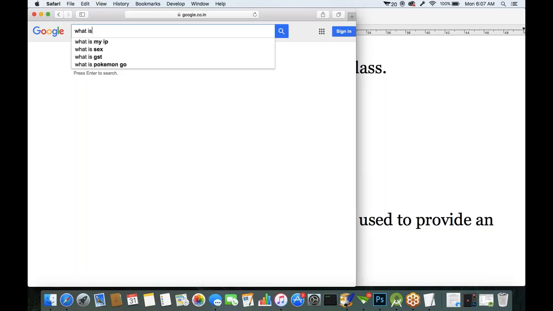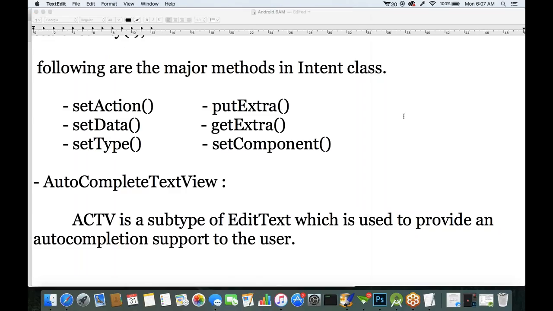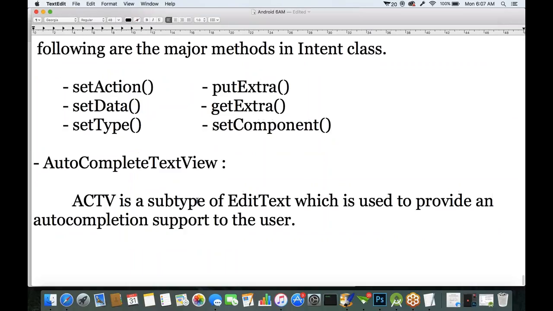We got a drop-down menu, and this drop-down menu shows that it is providing an auto-completion support. So here also, in an Android application, if you have a requirement of providing an auto-completion support while the user is typing,